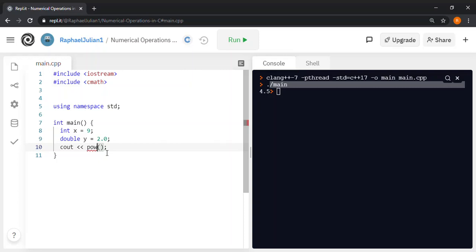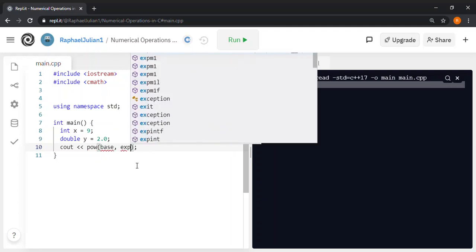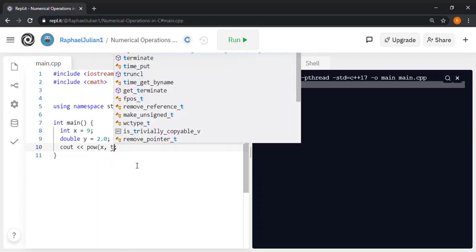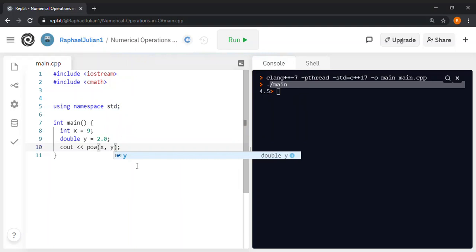package. So the power function takes in 2 arguments, the base and then the exponent. So all I need to do for now is raise x to the power y. So if I raised x to the power y, the computer would look at x, well x is equal to 9, look at y, and we can change this back to an int because it's not division. You can remove the 0.0. Alright. So pow xy, so x is the base, where the second argument, so the first argument we're giving is x,